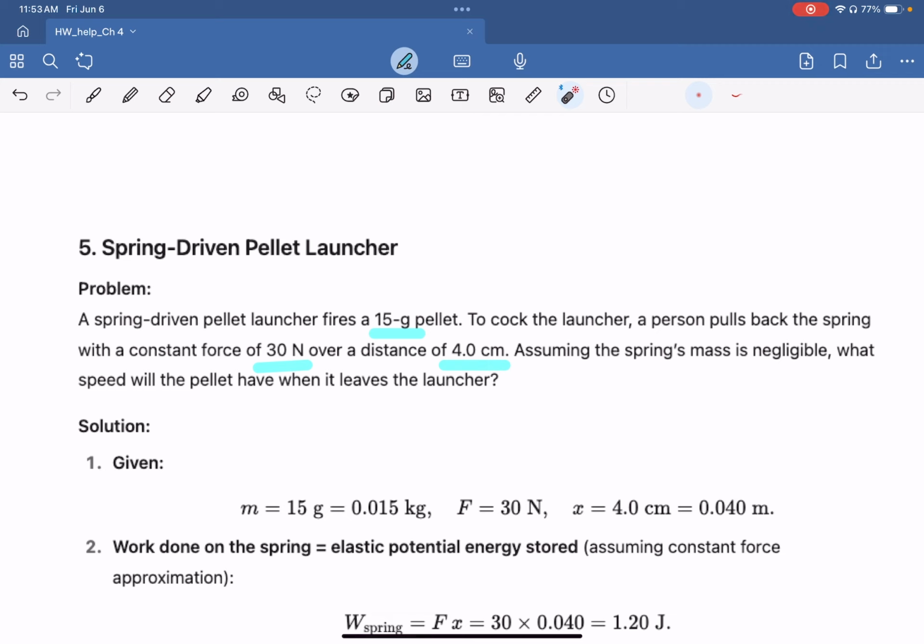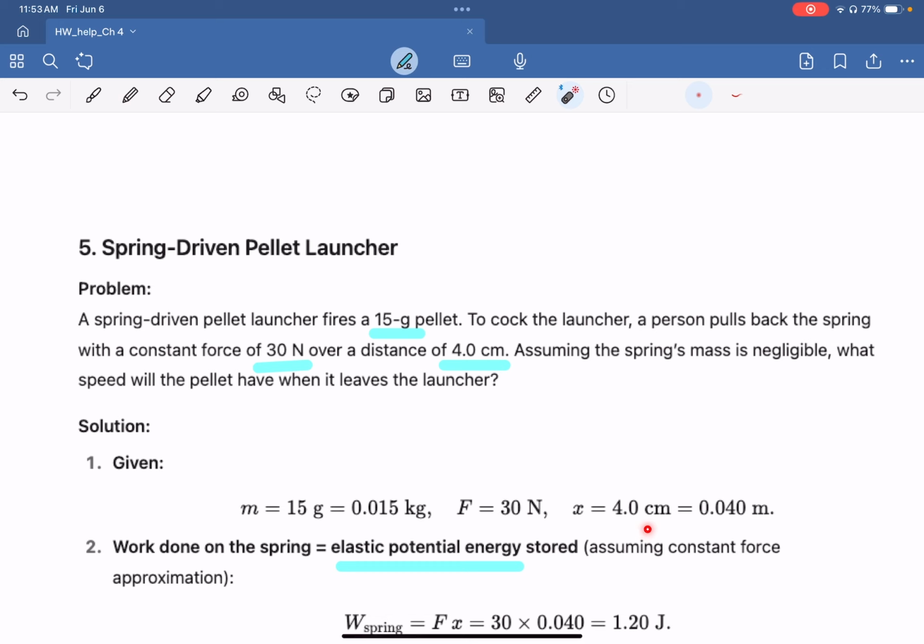And then from question number three, we know that the work done is potential energy, but this time we have a different type of potential energy. It's called elastic potential energy. Whenever you compress a spring or stretch a spring or pull a rubber band, the energy is being stored as elastic potential energy. Okay, so therefore, to find the work, all you got to do is multiply the force